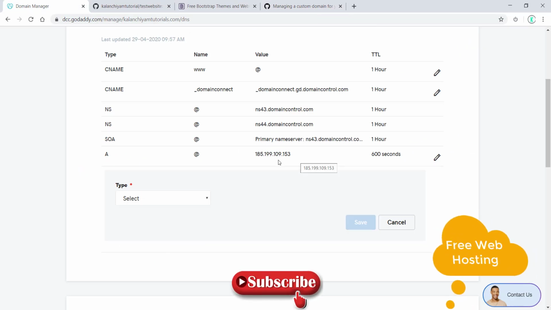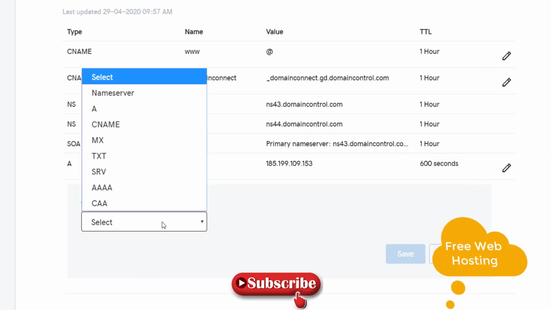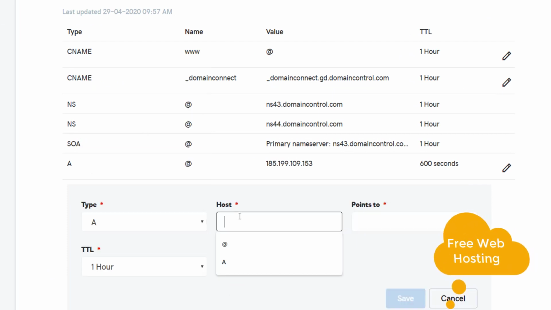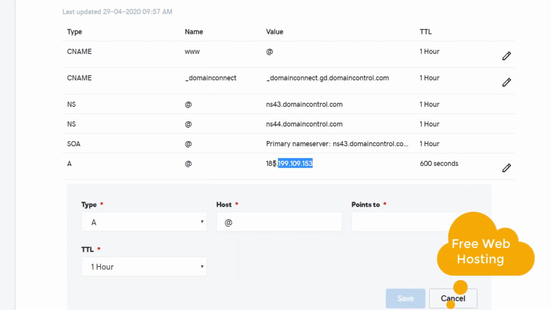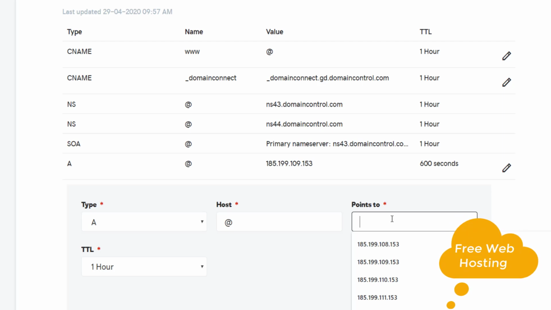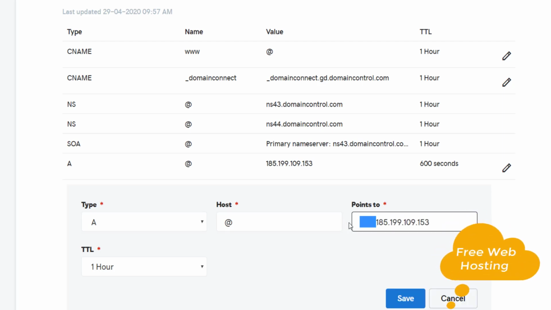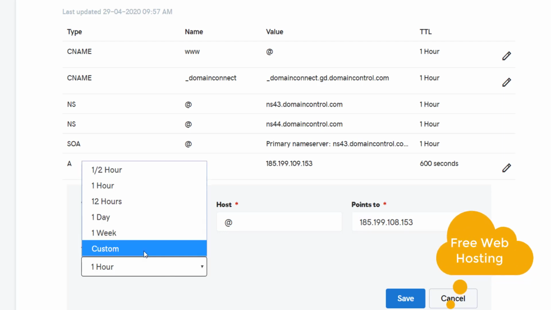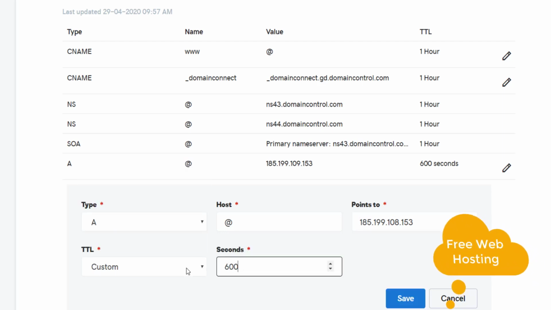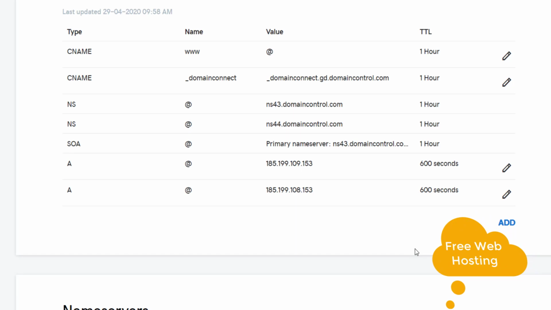I will add it. 108, I have to add it now. A at the rate of 108, custom, it is 600, save it.